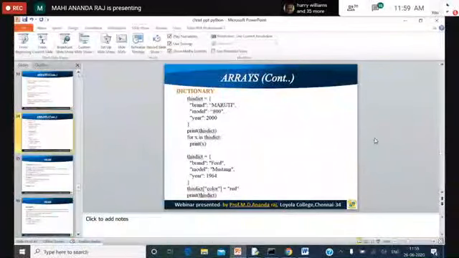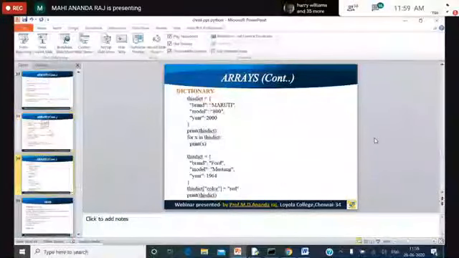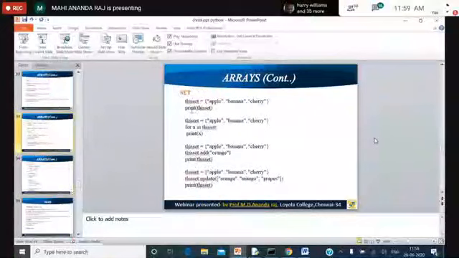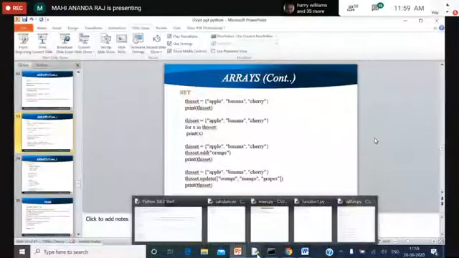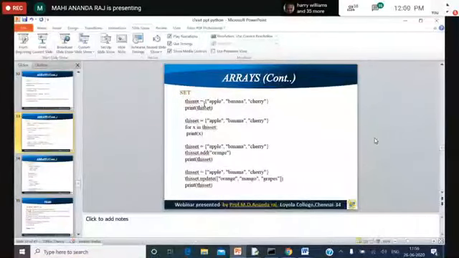You can just take this code and type it in the editor. It will print the output. So type set is equal to apple, banana, cherry. Print the set using your set name. Similarly, for x in this set, I want to print all the elements in the set. It will print this particular thing.